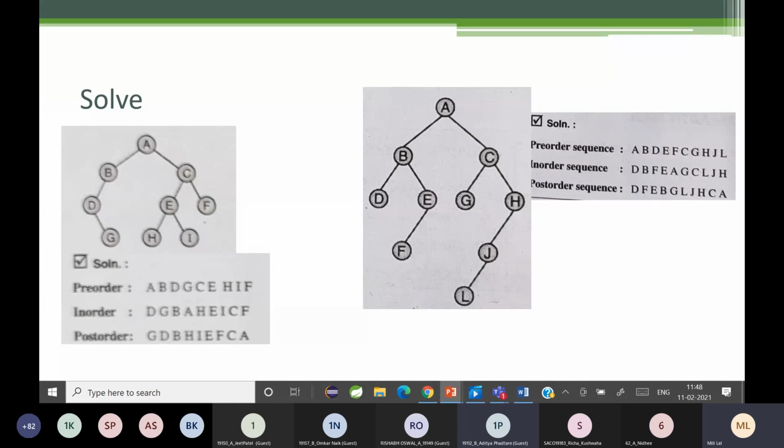In order. Which order? In order. In order कैसे है? इन ऑर्डर का एल्गोरिथम मुझे बताओ. इन ऑर्डर कैसे होते हैं? Left, root, right. It's going to be left, root, right. So start with A. Does A have a left child? Yes, the person who asked me doubt, I'm asking you back. A को left child है क्या? Yes. हाँ. ओके, तो B के पास आ गए. B को left child है क्या?